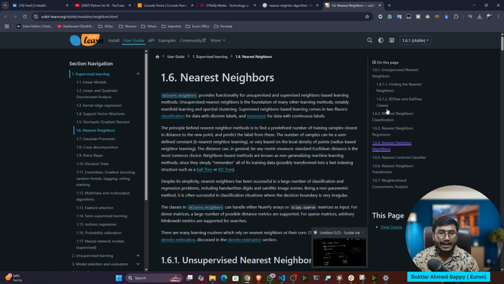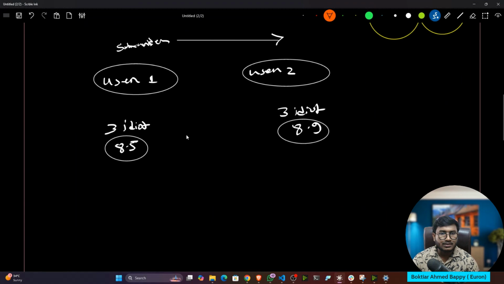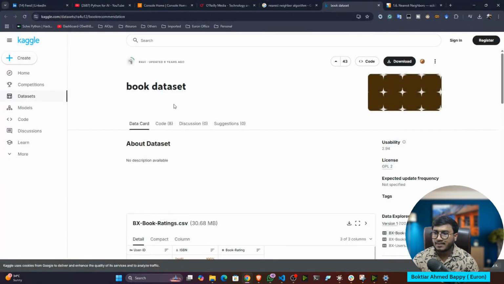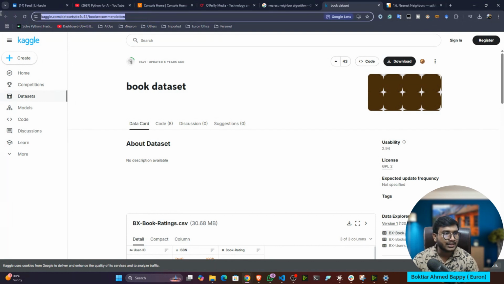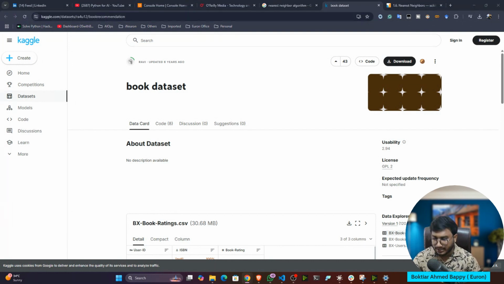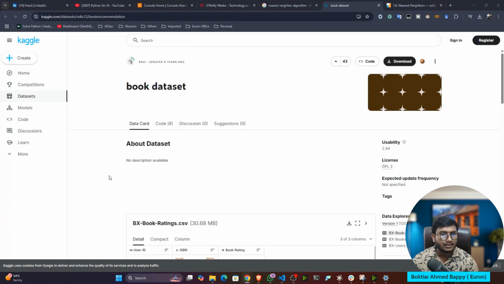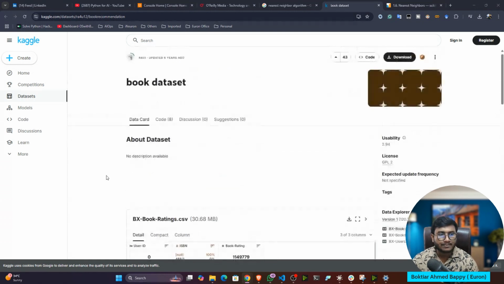Fine. And to implement the entire project, guys, we'll be using one e-commerce book dataset. Now let me show you the dataset. This data is available on the Kaggle website. I'm also sharing the link in the chat so you can download the data. Can you access it? Just open it up. You can see it has 3 files: book rating.csv, books.csv, and user.csv. You have to download these 3 csv files. Just click here, it will download a zip file, and after that we'll load the data and do all the steps one by one.